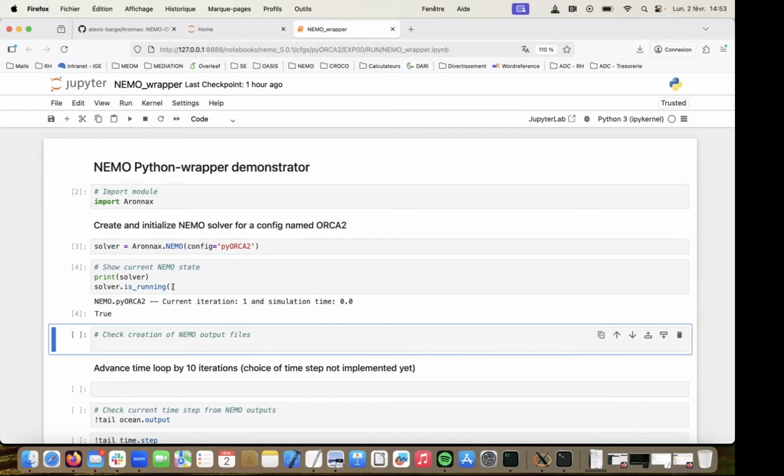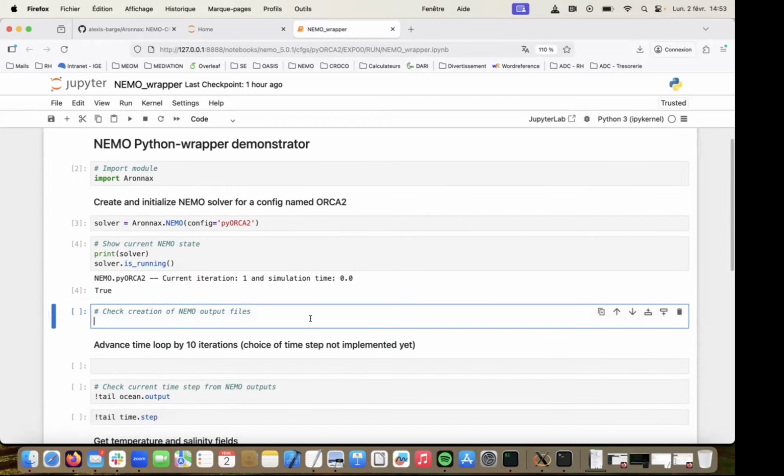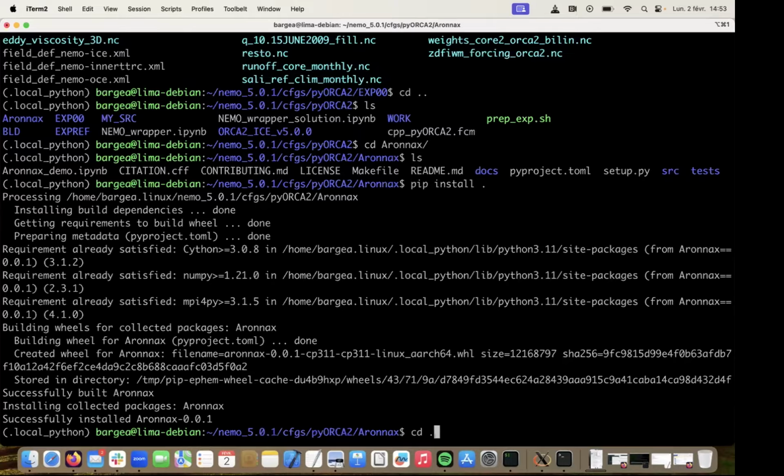And we have a quick test to check if NEMO is initialized. This is just to avoid starting another instance of NEMO if the first one is already running, because it would mean going again into the initialization routine of NEMO, which could lead to unpredictable behavior, except crashing. And if I go back in the execution directory,